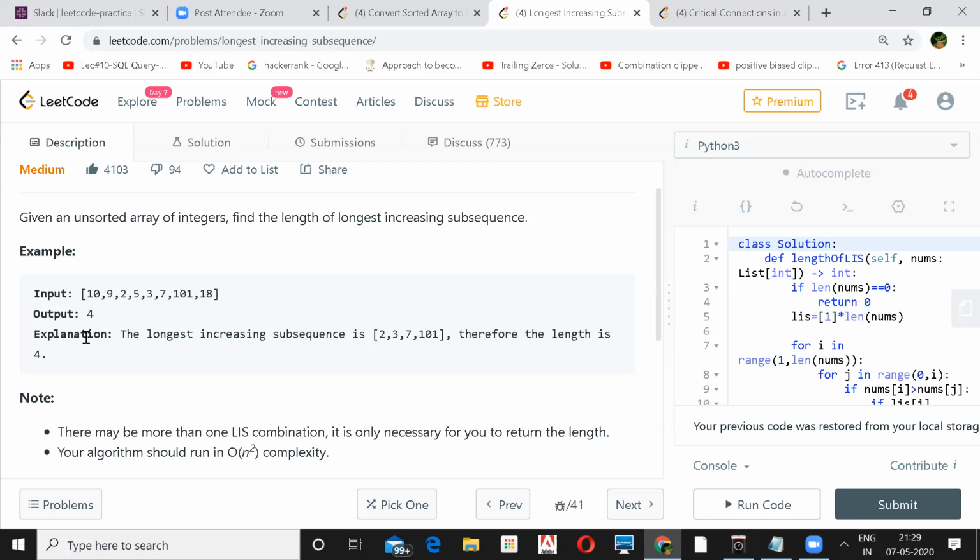So once you reach the end of the array, you pop all the elements from the stack and store its length, right? No, I just get the size of the stack. I think it should be possible, because when you come to 2, you will pop out 10 and 9, then 5 is actually greater than 2, so in that case you'll pop out 2 also. That would have been an easier way to implement also, the monotonic stack, yeah.